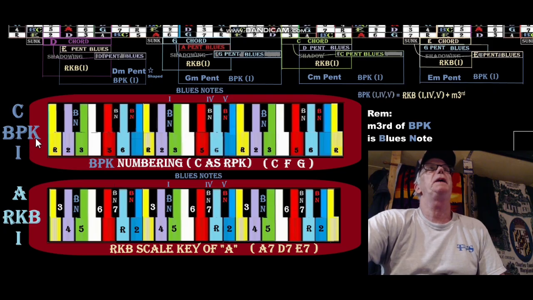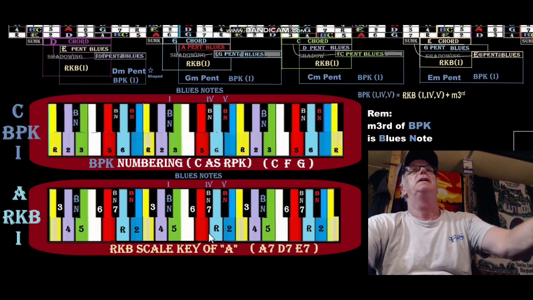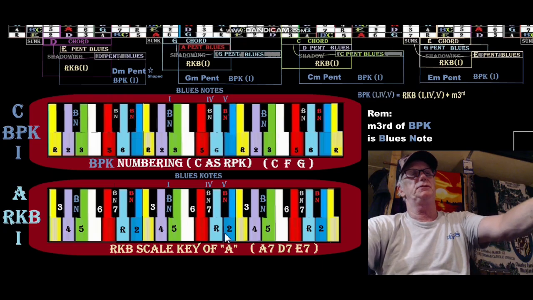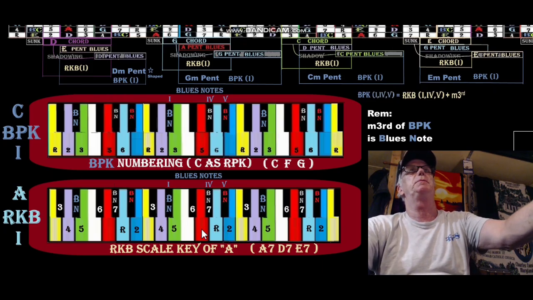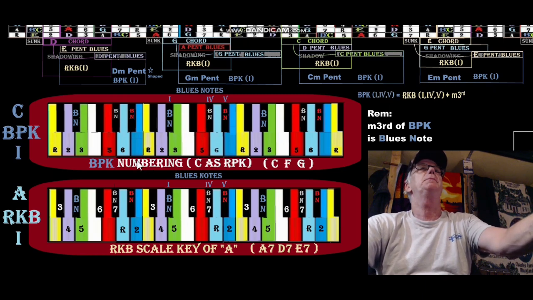This is the blues pent key. This is the root key of the blues. So if we're in the key of A here, it's A, C sharp, E. Blues key like this. And of course, in blues you play it as a seventh, but we're not going to play the dominant seventh. When we want to do the A minor pentatonic, starting from